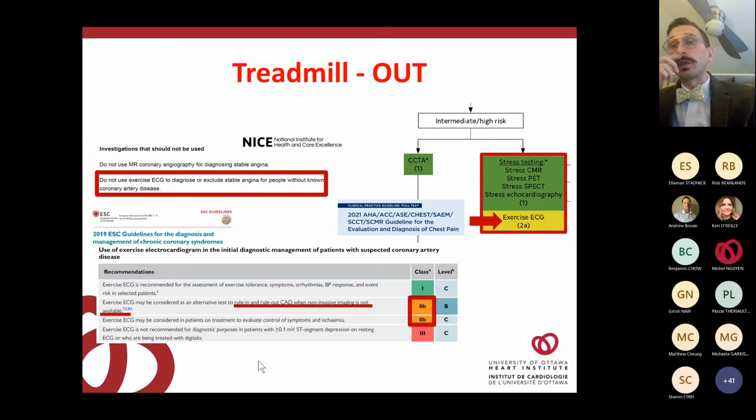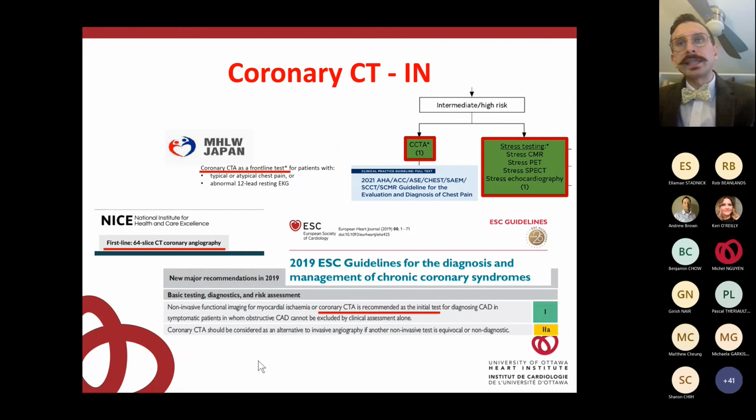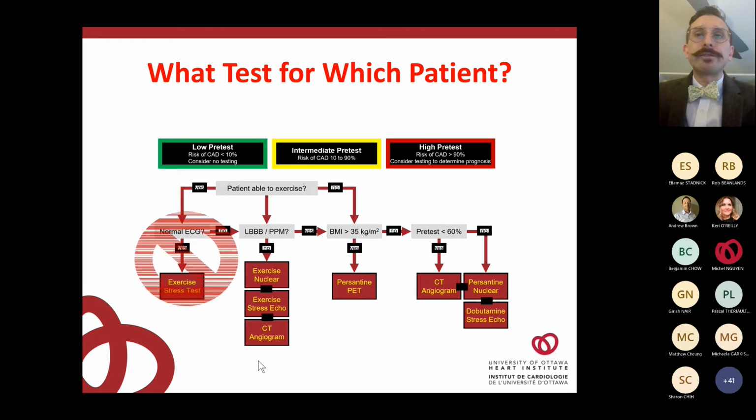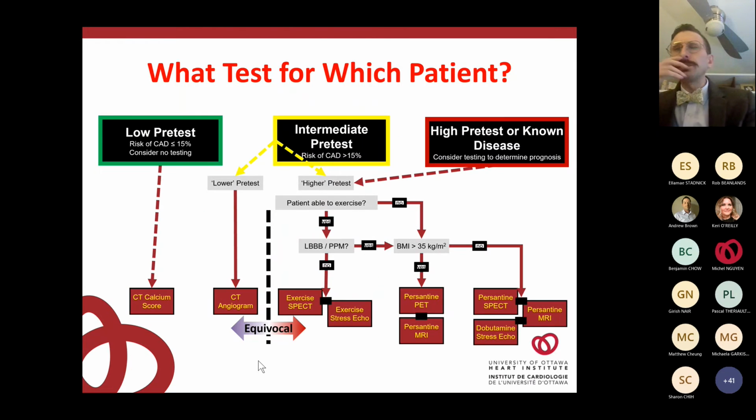Now, after all of the major guidelines updates, you can see from what I've highlighted here, it's quite clear that treadmill testing has kind of been downgraded or gotten the boot. And while exercise testing is on the outside looking in, cardiac CT is now definitively in. So this is potentially a major shift in the way that we think about risk stratification, which means that this is maybe the new way to think about risk stratification if we choose to adopt these recommendations, and that's a